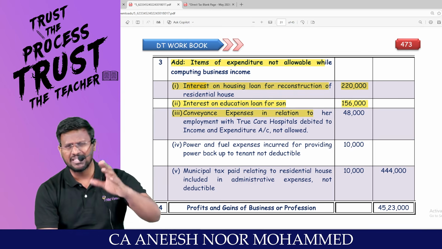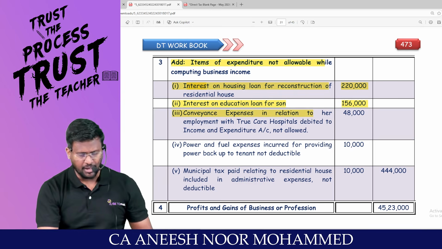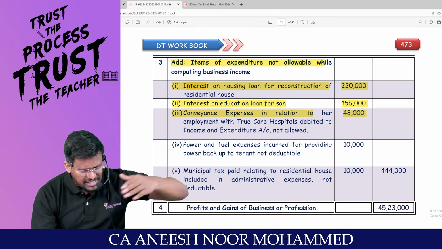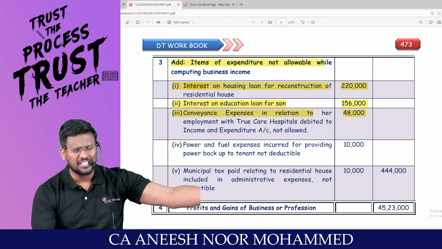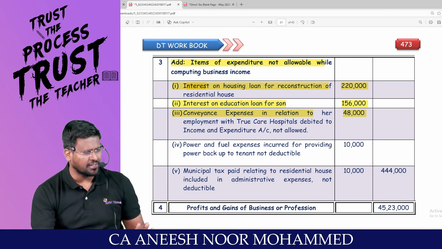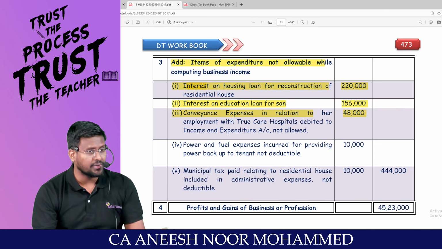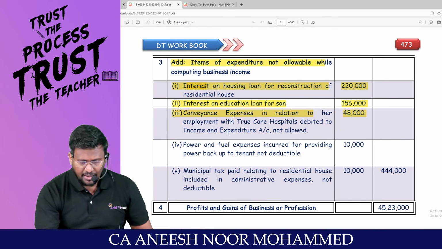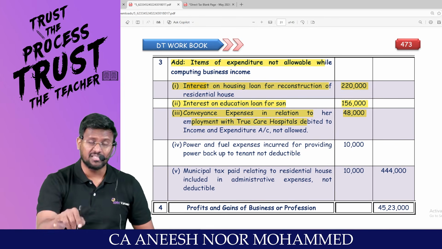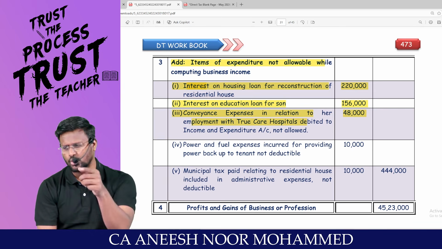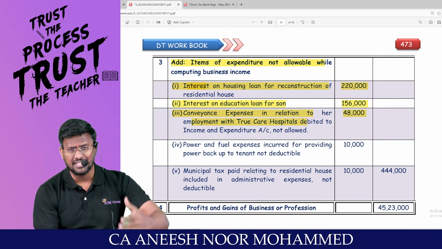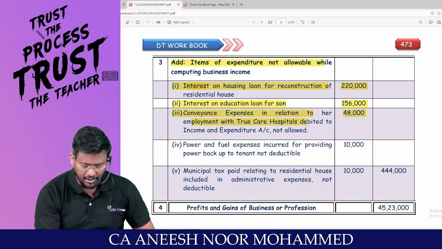Conveyance expense. It is related to your salary income. Am I right? Sir, 48,000. Sir, to cover all these conveyance expenses, transport, traveling, going there, coming here, drinking tea only, we are giving a standard deduction of 50,000. Am I right? So don't claim conveyance expense again as a deduction under the salary. But that should not be debited to what? P&L, because it's not a business expenditure. It's a salary income related expenditure. Should be added back.